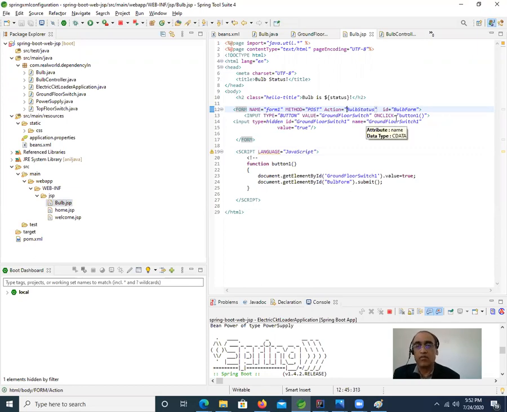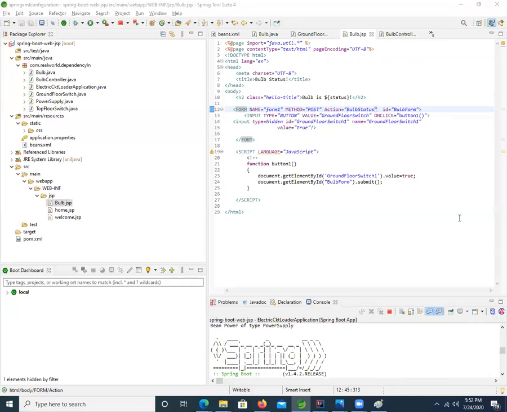JSP in reality is what? It finally gets converted into HTML. So if you write HTML, that's fine, or if you start with a JSP, that is also fine. Now, what I am planning here is, observe this now. What we have is